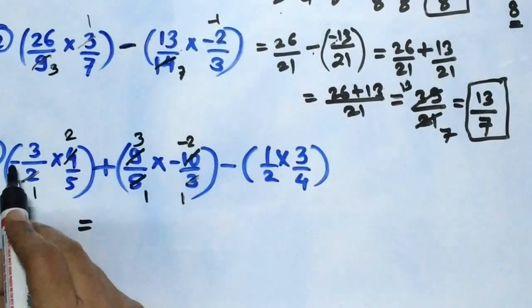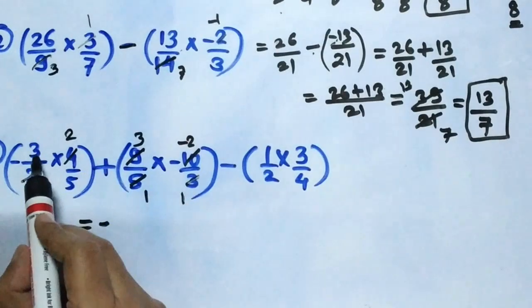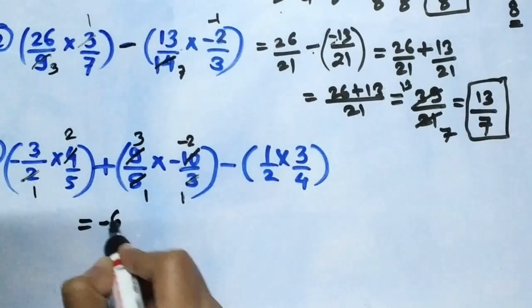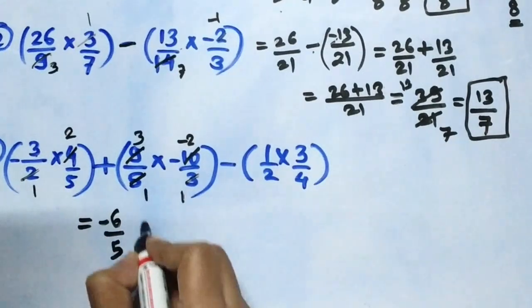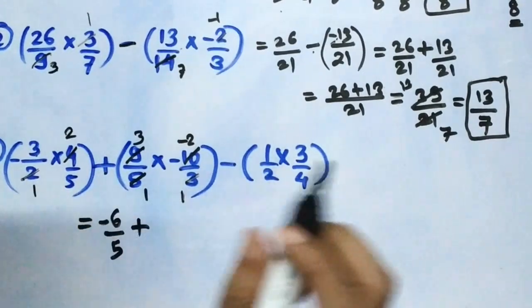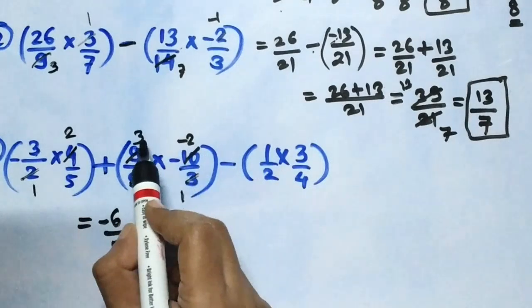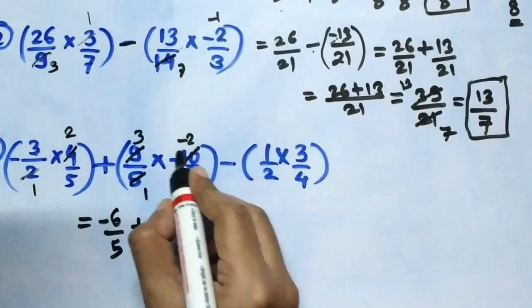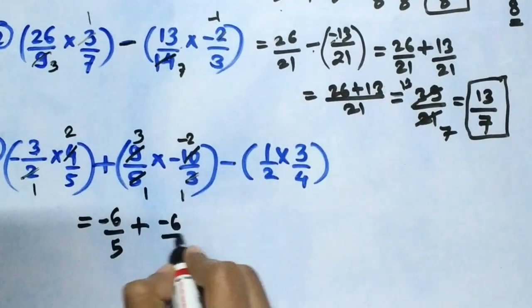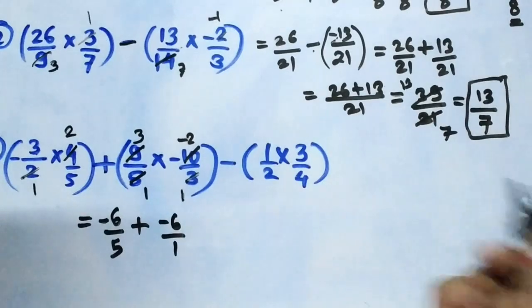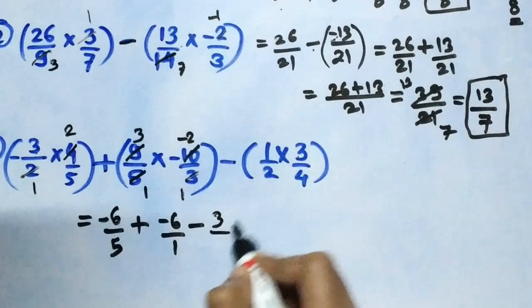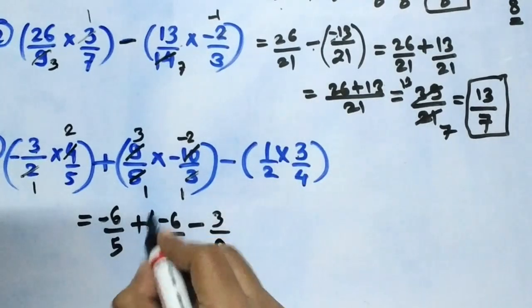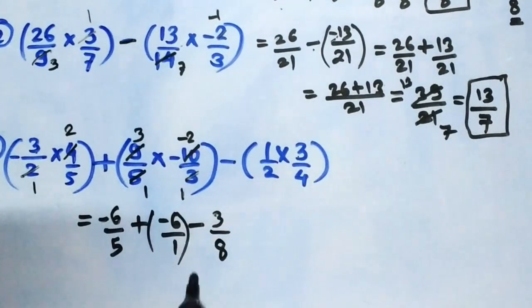Now friends, observe here, this minus sign will be as it is. Product of numerator 3 2s are 6 divided by 5 1s are 5 will be there. Plus sign you have to write as it is. Now this minus 2 into 3 2s are 6, that is minus of 6 divided by 1 1s are 1 will be there, minus here 3 1s are 3 and here 4 2s are 8 will be there. Minus you can keep in the bracket.